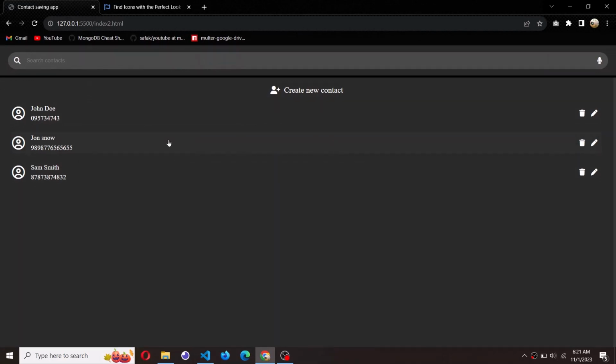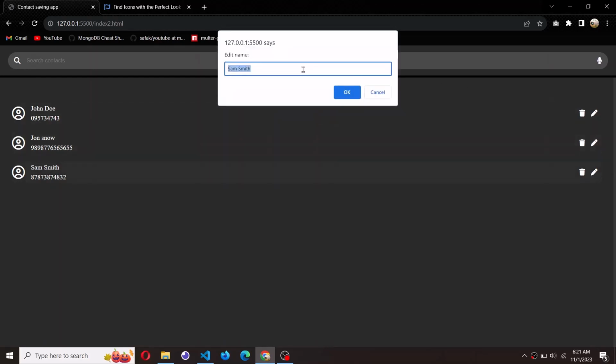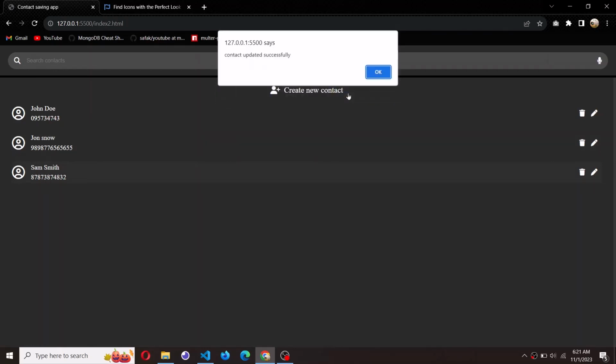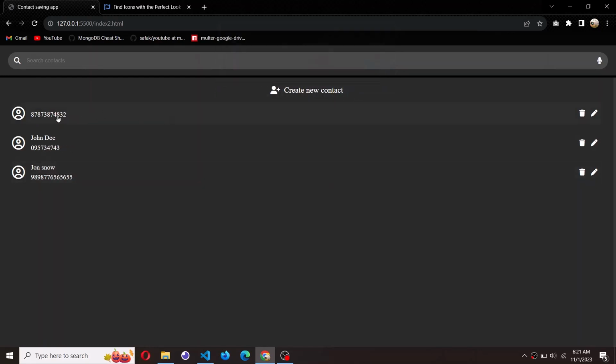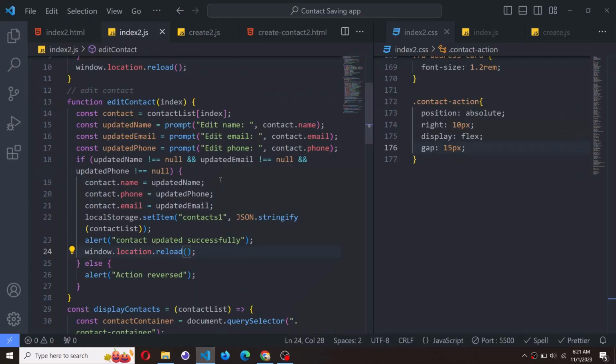Now we are the developers of this app. We know how this app should work. What about the person who doesn't know how this app should work? So for example, I click here and then I clear everything out of it and click OK and maintain the rest. Now pay attention, still the contact will be updated successfully, and when I click OK, this one has no name. We must do everything in our capacity to prevent this from happening, and the way we do that is